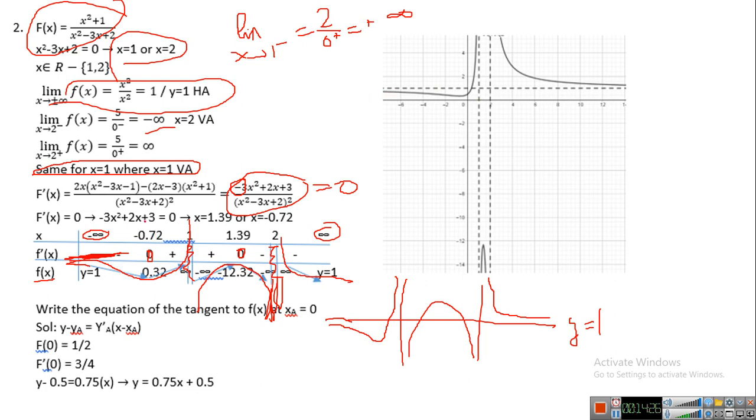But the particular points here will make you sure how to graph it. This is the first. Here you have minus 0.72. This is the minimum, the first minimum, and here you have the second maximum, and you have here the two verticals and the horizontal. And suppose the question now,